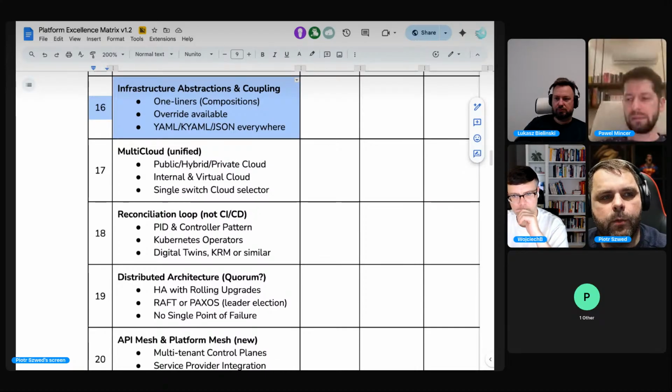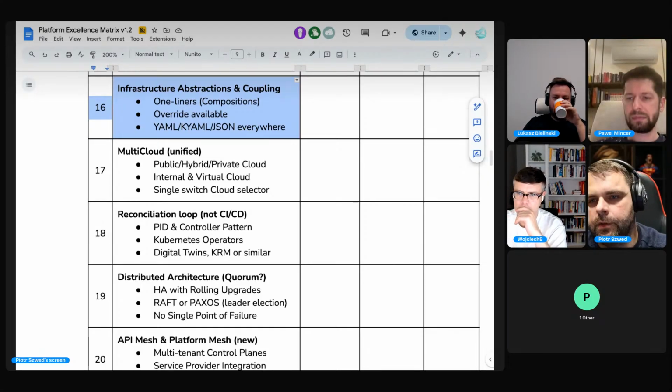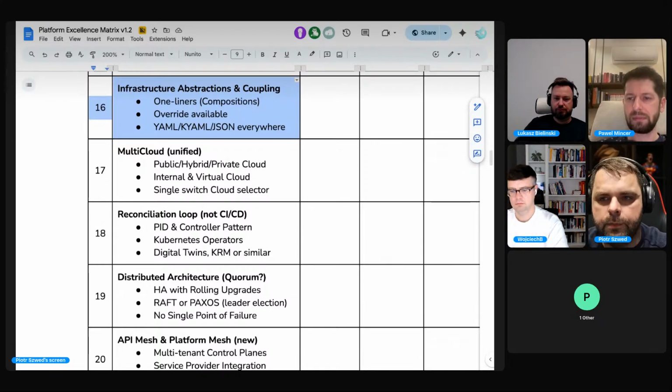So what I expect from the platform is the capability allowing me to define one-liners for every single component of my infrastructure. It can be a database, it can be Kubernetes, it can be a bucket, whatever it is, I don't care. But also coupling. So whenever I deploy a Kubernetes cluster, the system knows it needs to deploy a VPC, proper subnets, proper firewall, gateway, whatever it is, right?